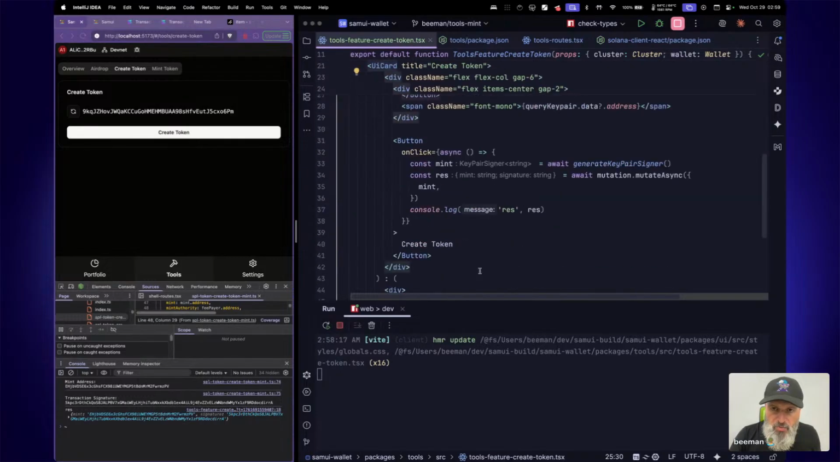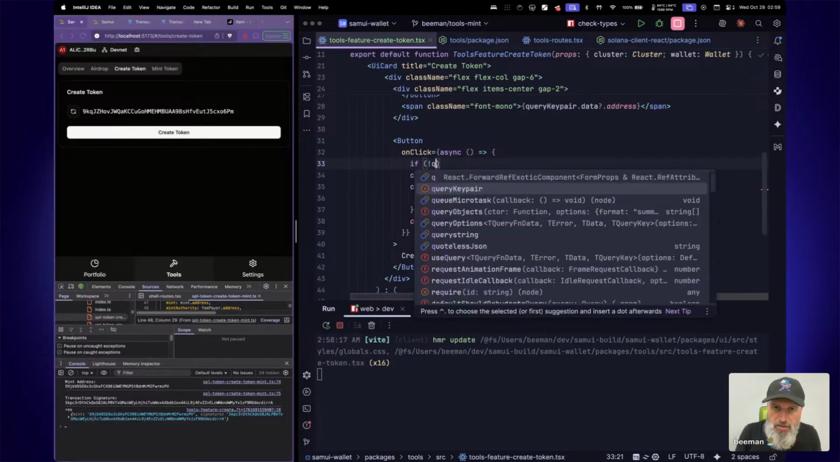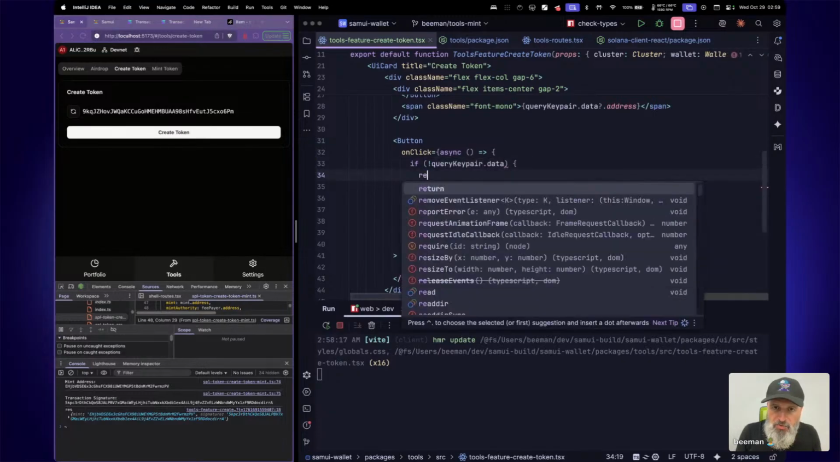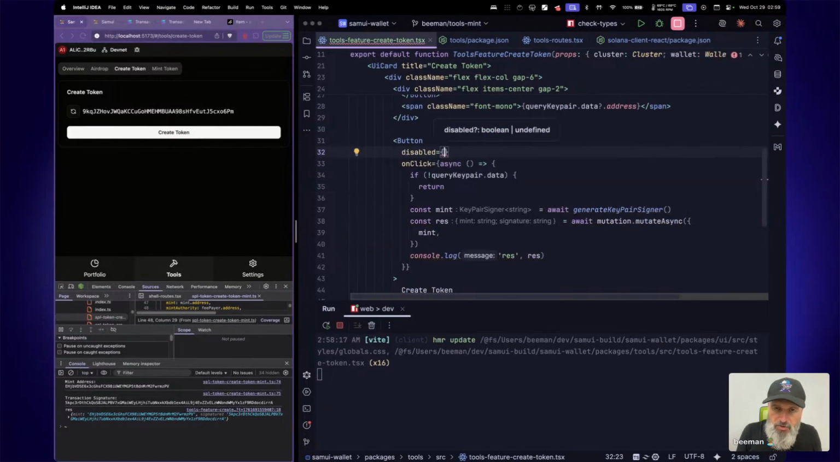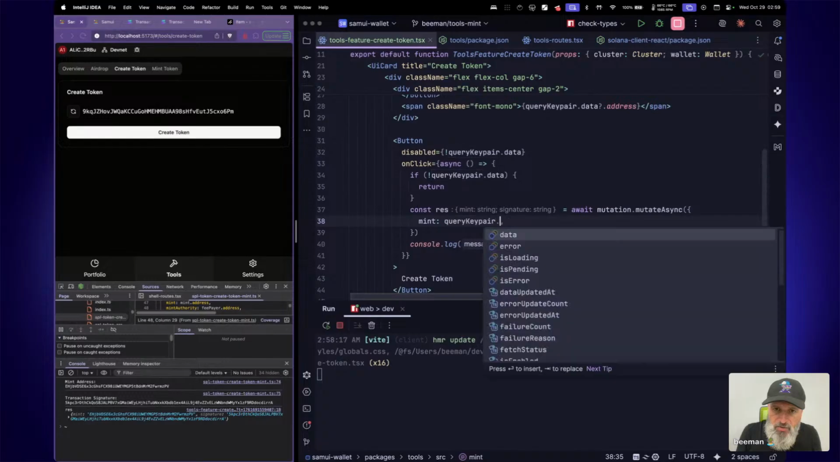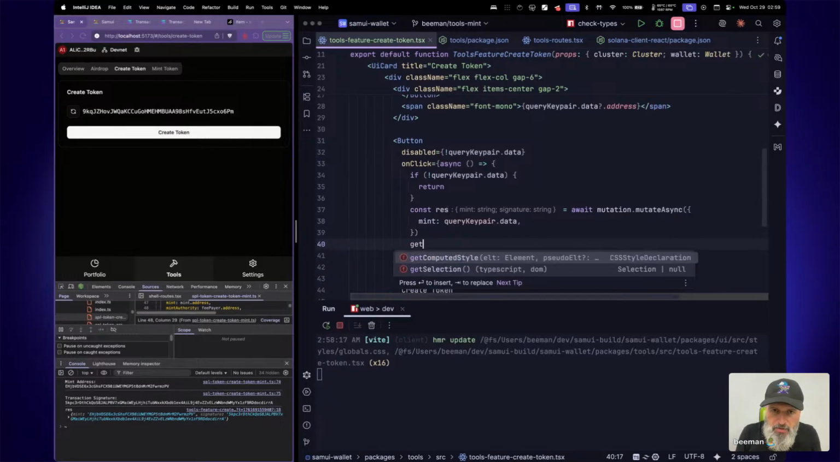Especially if we consider what we gain with this, which is something that not a lot of people expect from us. So what I'm going to say is, if we don't have query pair of data, just return this thing. Oh, and by the way, disable if you don't have query pair of data. Sure. And this mint can go, and this is then query pair of data. Beautiful. Let's still get this thing out. And actually,